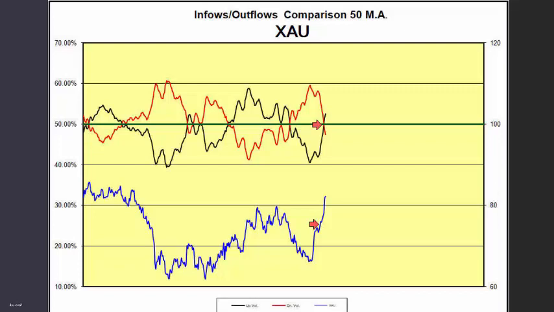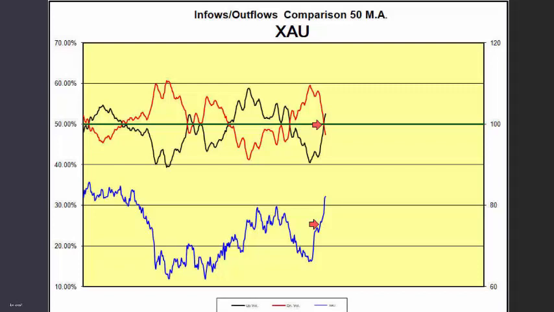In that case, what do I do? I buy pullbacks. Just like if we had the confirmation of a bearish trend, I would sell rallies. In this case, I buy pullbacks. To be more specific, in the XAU, I told my subscribers early in the week, the area I would look for the first pullback would be around